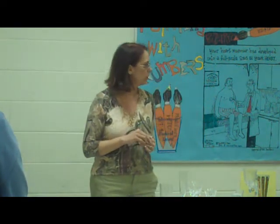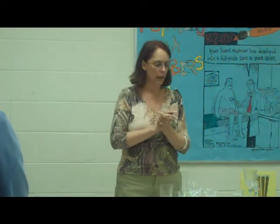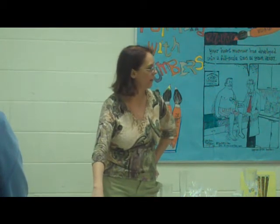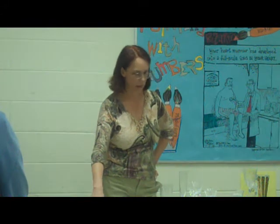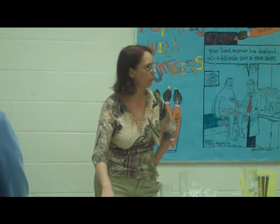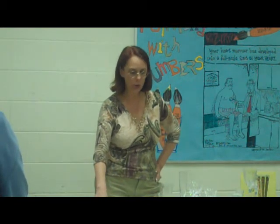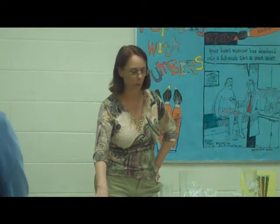Once served, you're going to use your silverware from the outside to the inside. As I am looking at my silverware here, if I have a salad, this is going to be a salad fork. If I have several meat courses, I will have a separate dinner fork for each of those meat courses. In some silverware patterns, the first of these will have a larger, flatter tine, maybe one less tine,